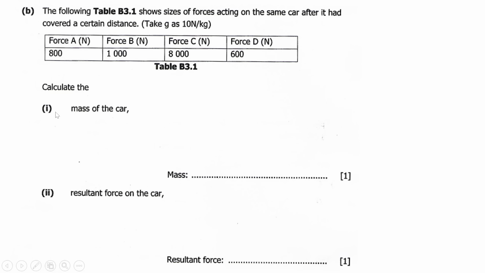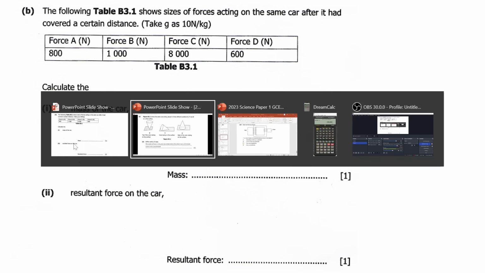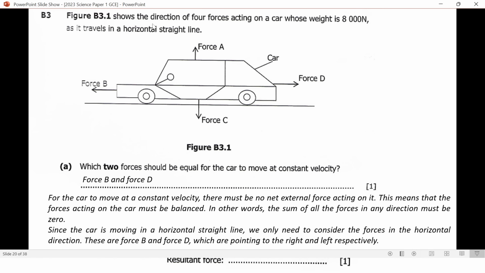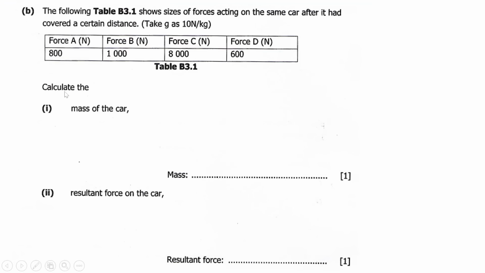Then they're saying calculate part 1, the mass of the car. Okay, so we were told that a car whose weight is 8000. So we know the weight of the car. If we know the weight of the car, it is easier for us to calculate the mass using the formula